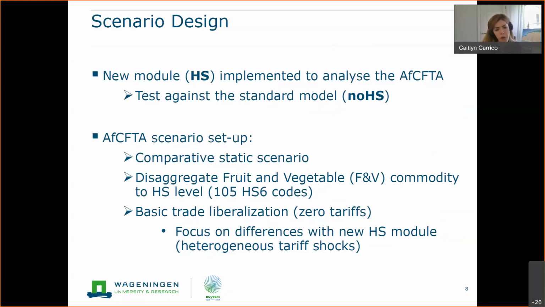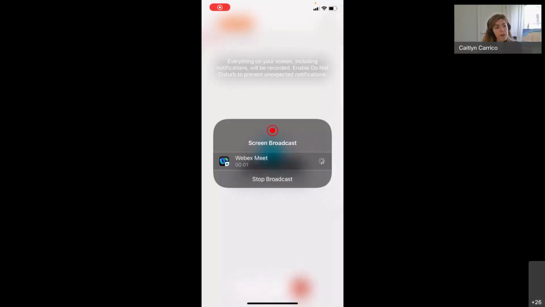And our focus is on fruits and vegetables. So this is the commodity in the standard GTAP database and in the MAGNET database that we chose to break out to the HS level. And there are 105 HS6 codes that are grouped within fruit and vegetables. So now instead of having fruit and vegetables as an aggregate commodity, we have these 105 HS6 lines. And we do a very basic